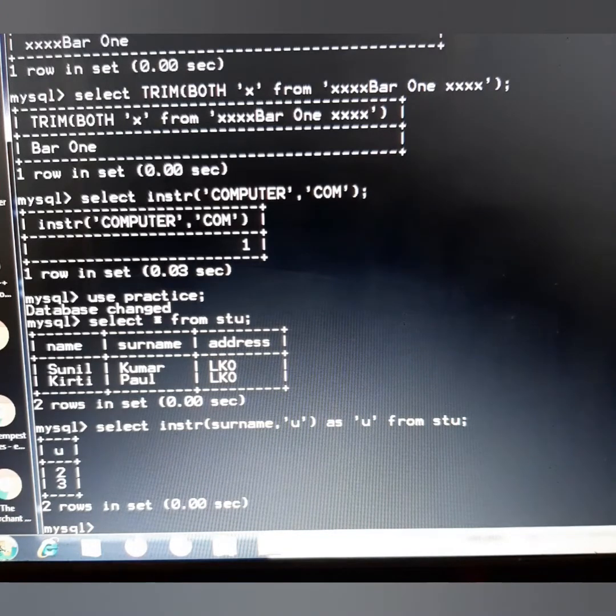Then comes length function, which is used to count the total number of characters in the string. If I want to find the length of both the surnames, instead of instr I can write here length surname as length, as a heading should come.